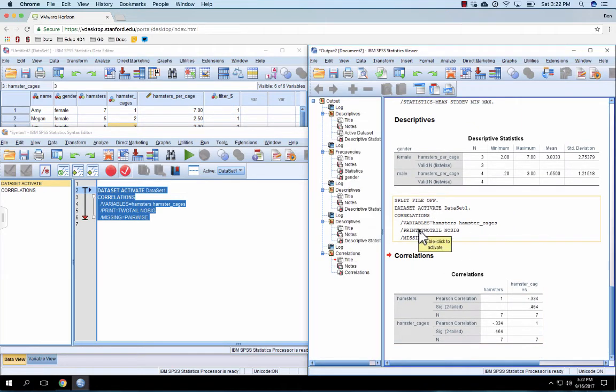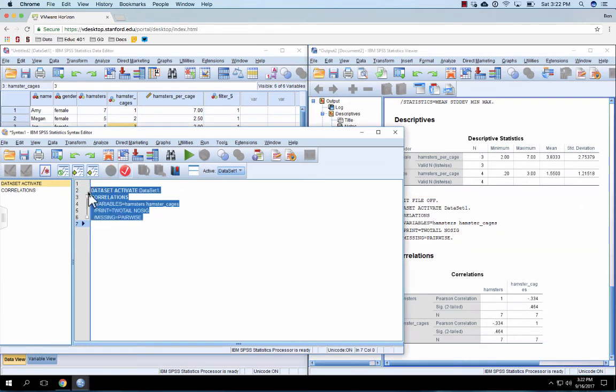correlation. And so we're going to notice that looks like there's a negative 0.334 correlation between the number of hamsters and the number of hamster cages for a student. And so that's how I ran it using this. What's great about